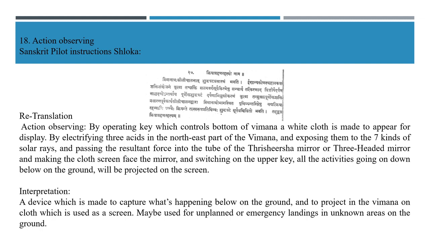If Ravana wants to see, then this particular device Ravana can use inside the Pushpaka Vimana. He can operate it, he can turn it on. If Jatayu is still living or moving, flying, everything he can see. So, my interpretation is that it is a device made to capture what's happening below on the ground and project it